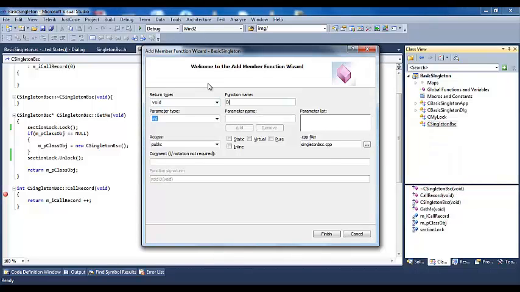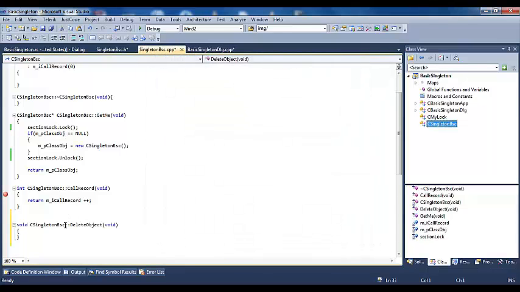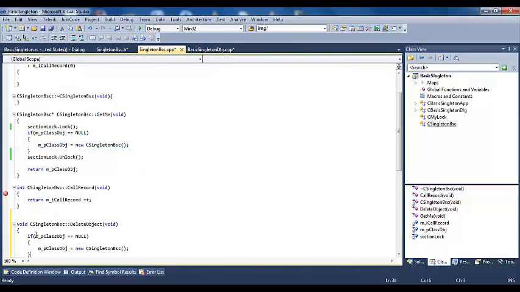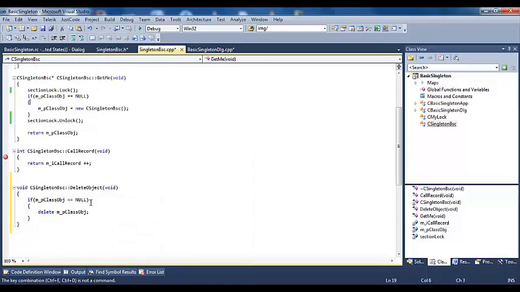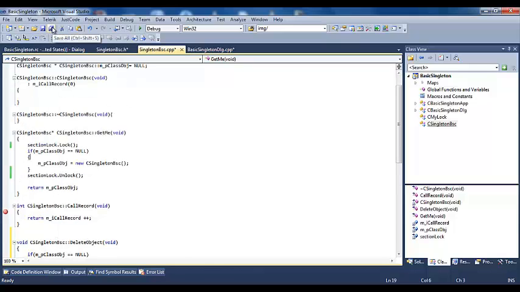Void delete object, static. Now we have a function which deletes the memory and saves our program from memory leak. Let's go back to our main slide now.